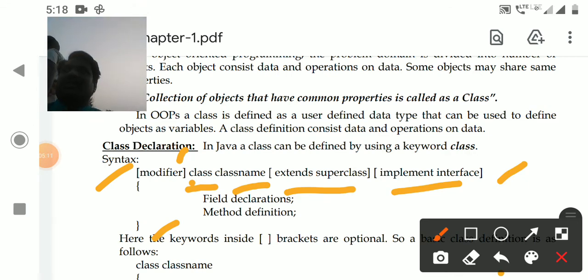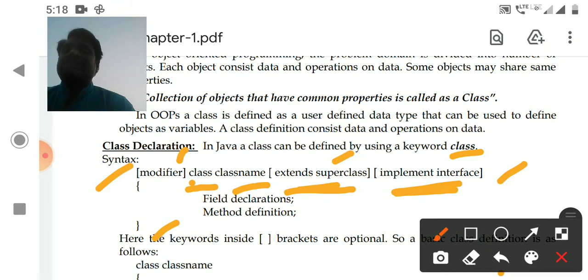Modifier, class, class name, extends superclass, implements interface. Here extends superclass and implements interface are optional, because extends superclass is used in the concept of inheritance and implements interface is used in the concept of interfaces. So presently we will leave these two topics. Now modifier, class, class name.